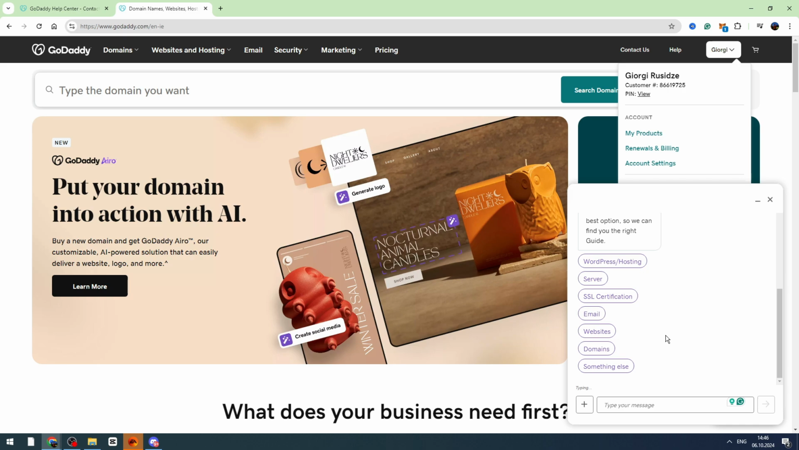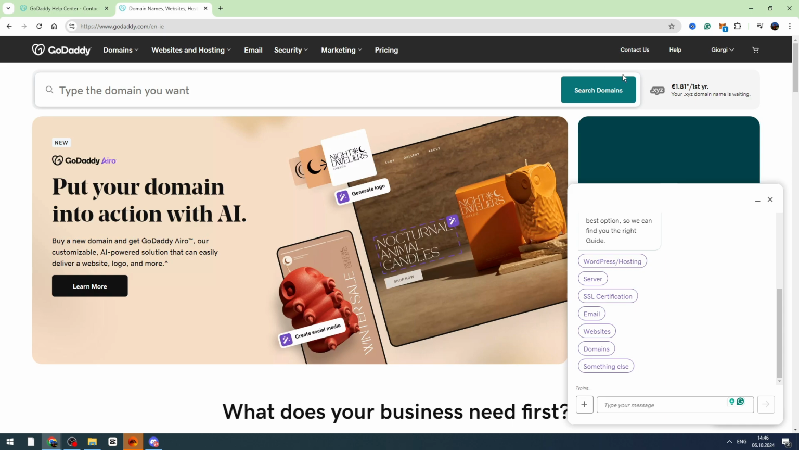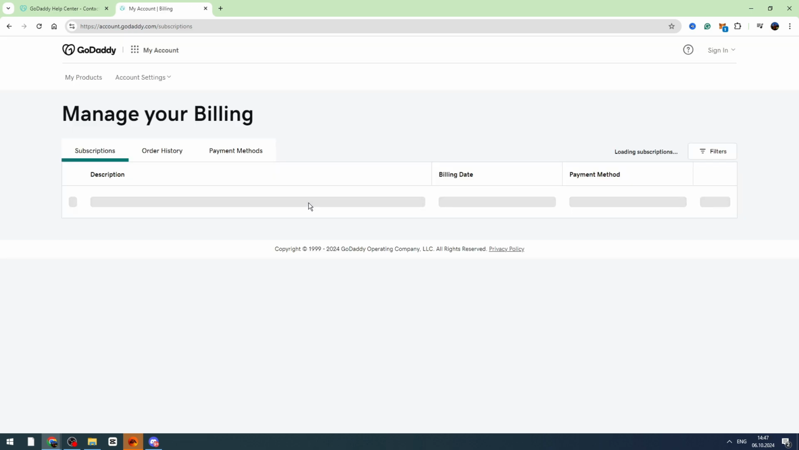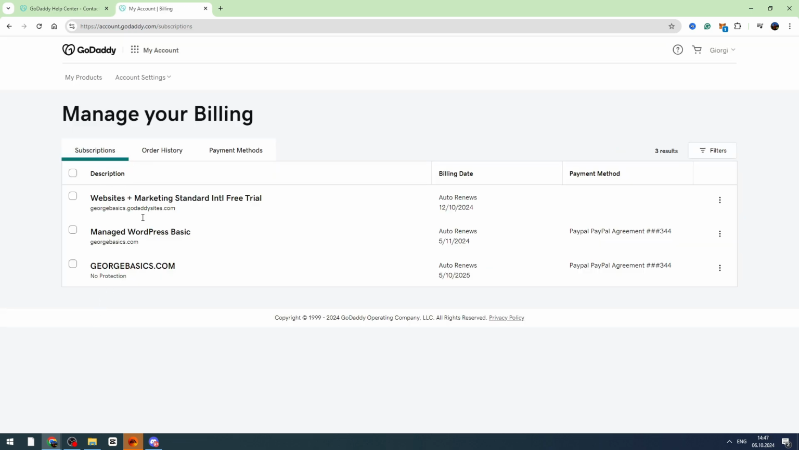So after they verify your identity, they will ask you to delete the specific product, so in this case the domain you want to refund, guys. So you need to delete your domain first. You need to click your profile name on the top right, go to renewals and billing right here. From this list you need to find the product, or in this case domain, you want to refund. You need to click the three dots and here will be the delete my domain button,